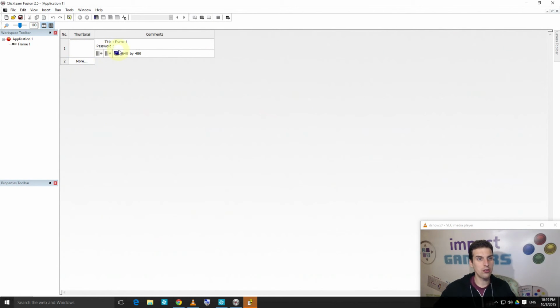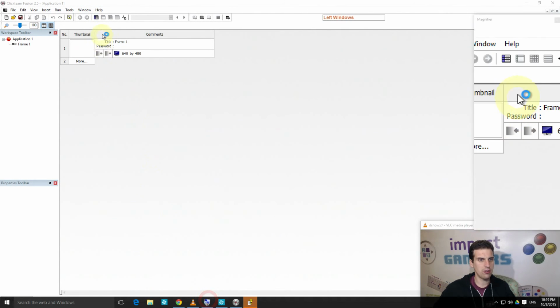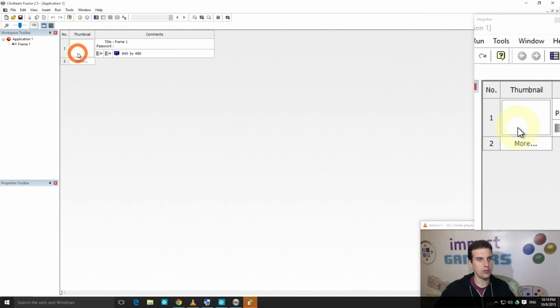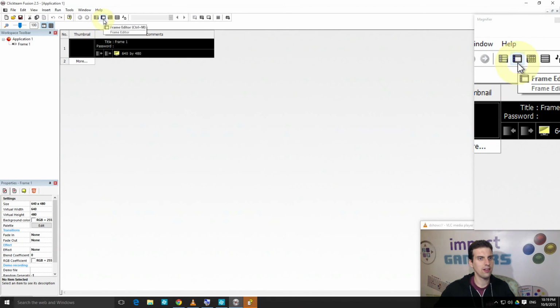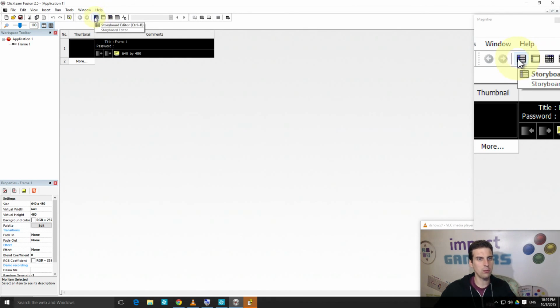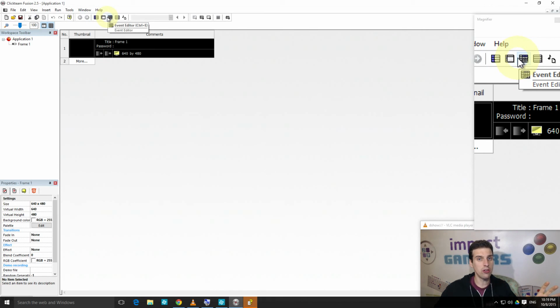This is what we get. We're in the storyboard editor at this point. The storyboard editor is this icon here. Let me make things a bit bigger on the side here. The storyboard editor is this icon here, and that's all we have access to until we select our frame, our level. Once we select our level, we can access the frame editor and the event editor. Those 3 are the 3 main ones that we'll be using in most of the tutorials we